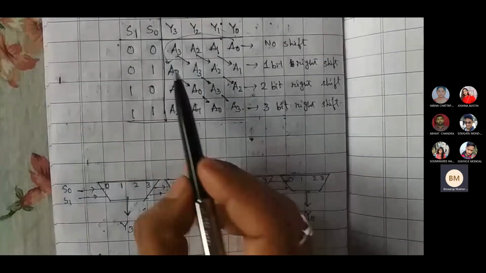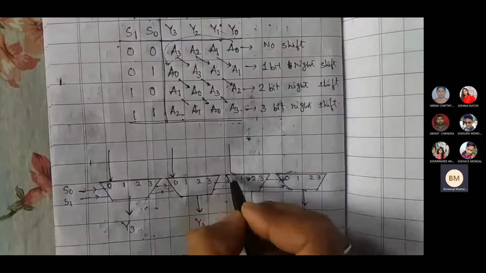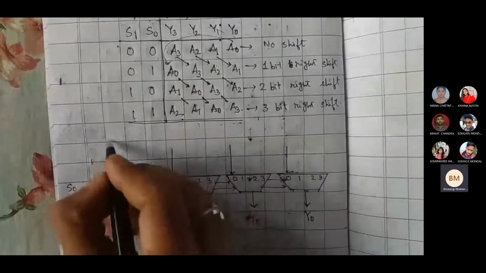Okay, now what to do, কিভাবে এটা আঁকবো? Make sure, for 00 operation, all 4 zeros will be selected. All 4 zeros will be selected যখন আমার 00 operation হবে। So that time কি থাকবে আমার A3 A2 A1 A0। So for 0 positions I should have A3 A2 A1 A0, so there will be A3 A2 A1 A0.